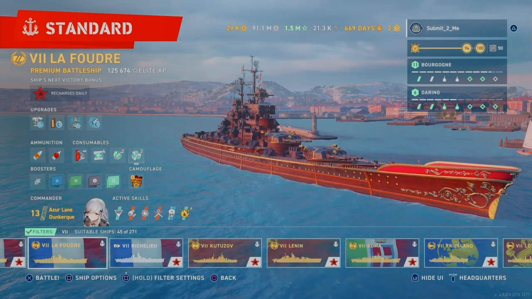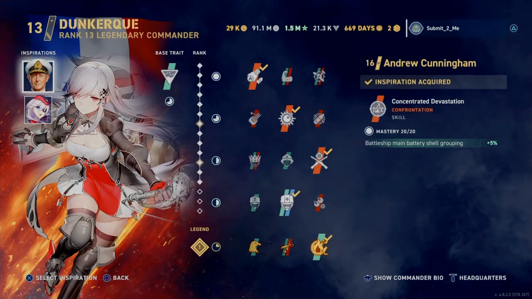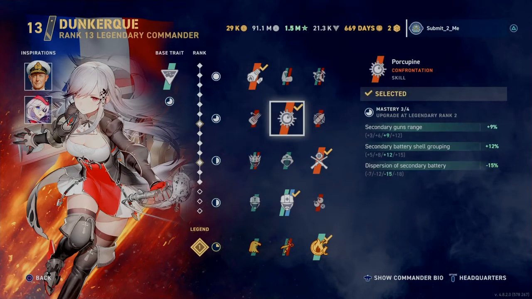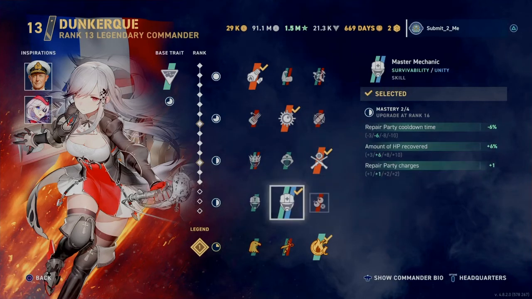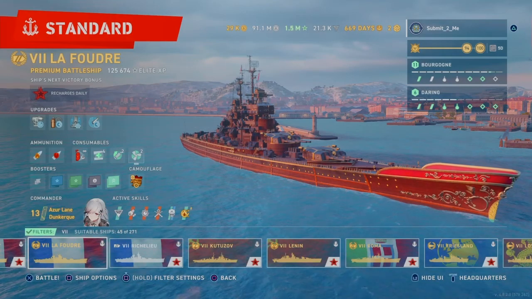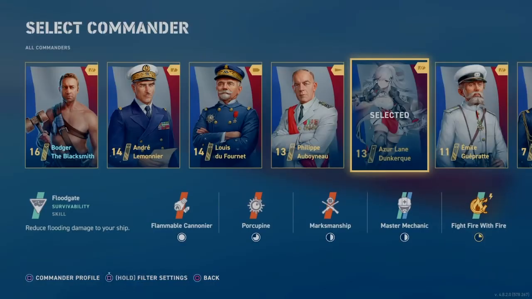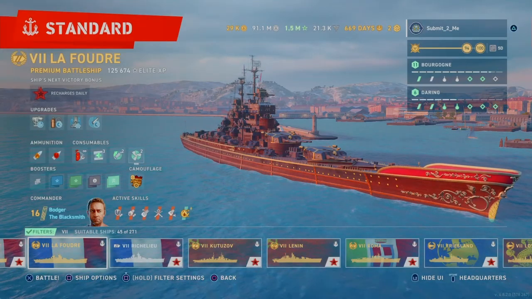And the alternate commander that I tried was A.L. Dunku, and Andrew Cunningham as an inspiration for shell grouping, Scharnhorst for the dispersion, tree skills I went flammable cannoneer, Porcupine for those secondaries, marksmanship for some more dispersion, master mechanic, and fight fire with fire. Now maybe it is because she is at a low level, but I just did not get the accuracy that I was looking for. So I ended up going back to my stock commander,